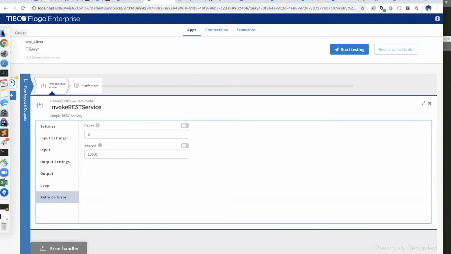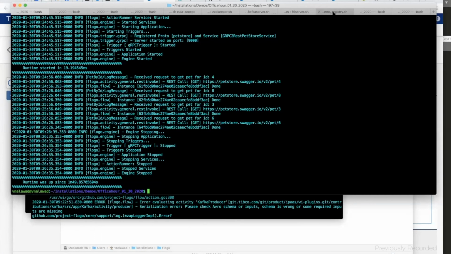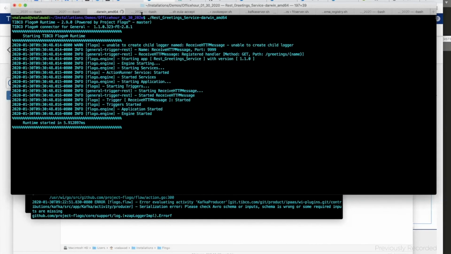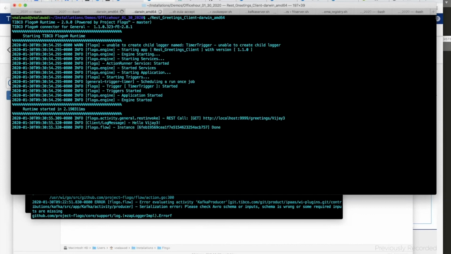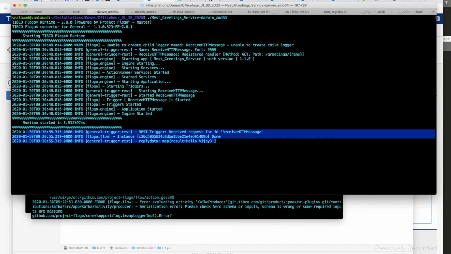So what I will do is, I already built the binaries for these applications. So I will first quickly run those to show the behavior. I will start the service first. Okay, I will start the client. Okay, so you can see that it's working fine now. It executed only once because it's not a repeating timer. So everything is fine. I see the widget 3. You can see that the request was received by the server.